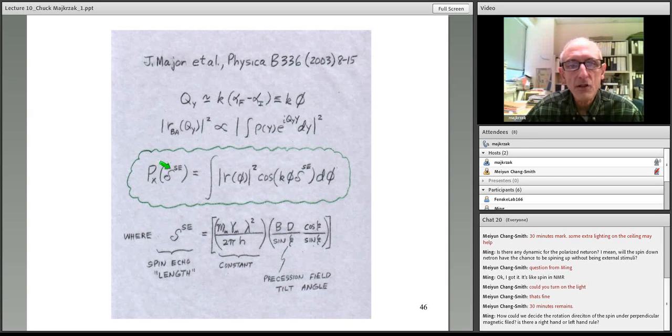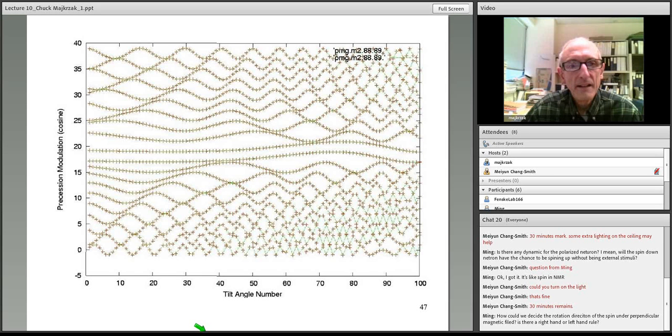The polarization as a function of either the field or the length of the precession field regions gives us an integral relationship, a cosine transform, with the reflectivity of that grating structure. And so by adjusting again the parameters, either B or the angle of tilt of the precession regions, we can collect data in such a way that we have lots of different modulations, or lots of different numbers of rotations, at different angles of scattering and field